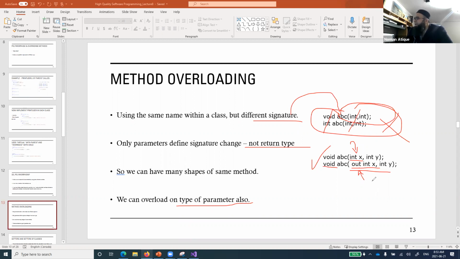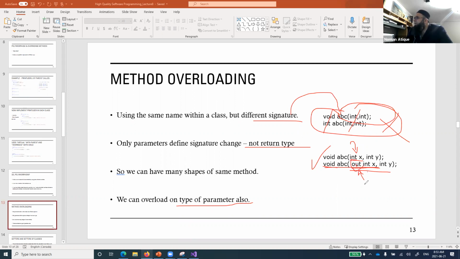You got the concept of why I'm emphasizing that? Out makes it an output parameter, and we can do the overloading on that basis. Everyone understands, because some people were not remembering what out was for.